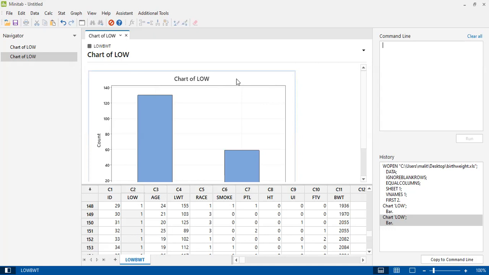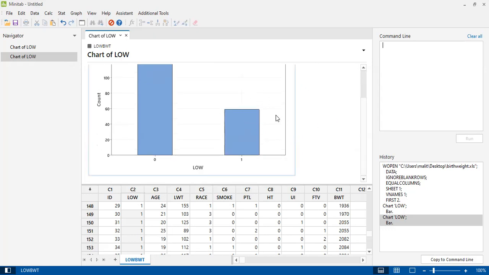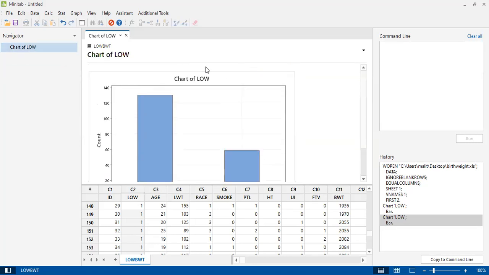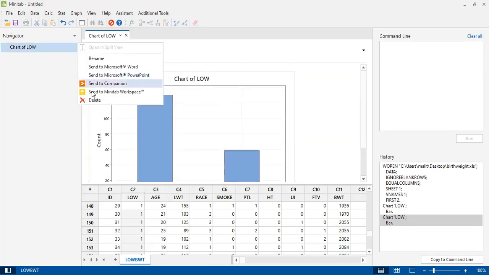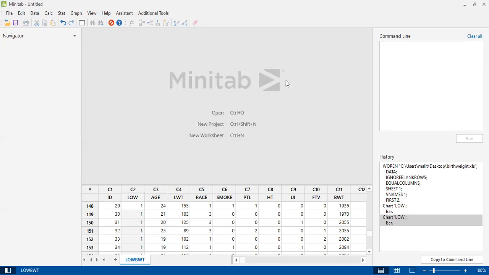Let's say after you modify this graph, you accidentally delete that bar chart, right? Let's say I delete that bar. This is the previous one. Now how can we get that back? We can use the history here, because under the History window, everything we do is recorded. So in that case, we just have to copy this one, paste it in the command line and click run,